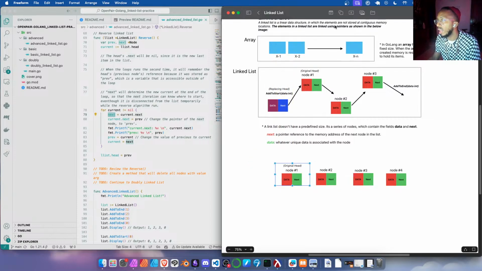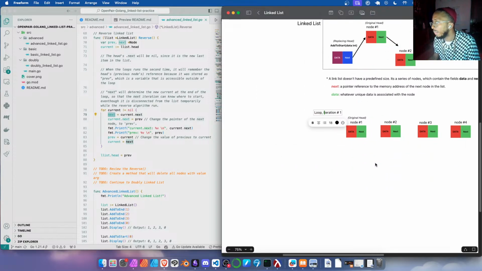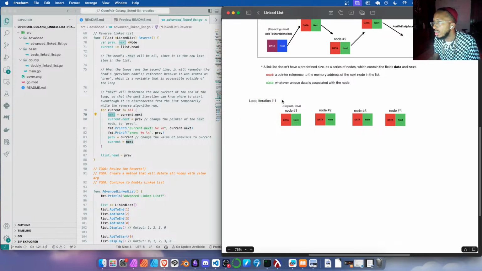Actually, you know what? I think this would be really clever if I actually just organize a diagram of each step of this loop. So let's just call this loop iteration number 1. I'm getting really excited right now. I love stuff like this. Okay. So in loop iteration 1,